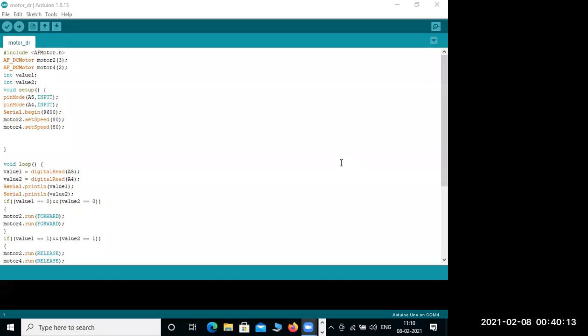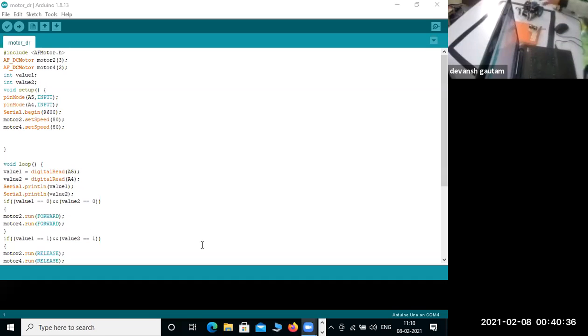It's not an app, it's a header file. The header file is a library. We all know libraries: if you want an extra book, we get it from the library. In the same way, if an Arduino wants something which is not present inside it, it will take a library. In the same way, we are adding a motor driver to it. Let me show you what a motor driver looks like.